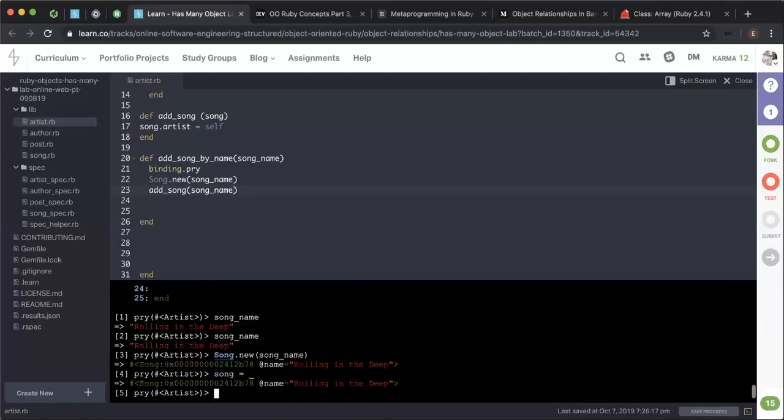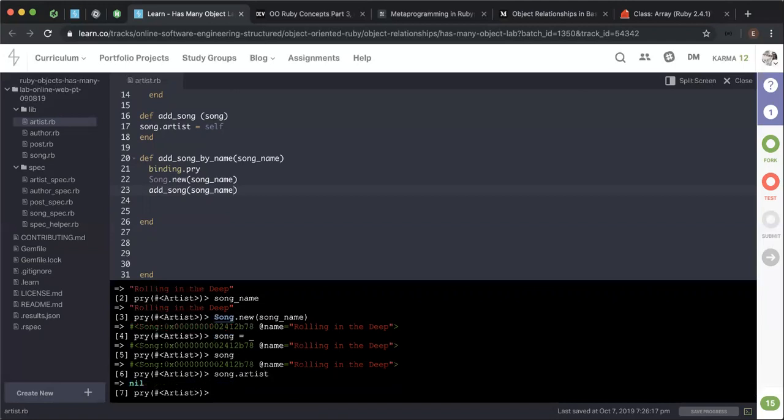So let's just call it song. So now we have that instance of song in this variable. Song, right? You can actually start setting the artist if you wanted to, which we haven't set yet. But since we have this method that you just created, we can actually just call that method